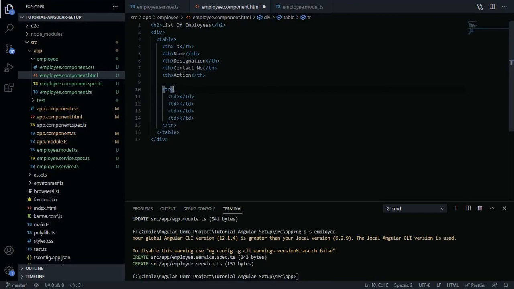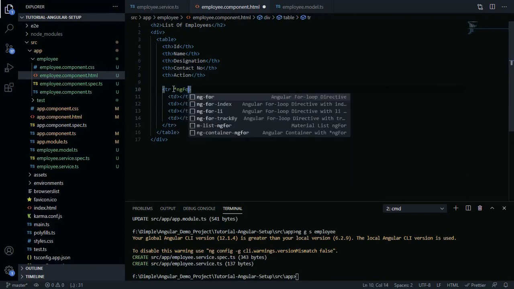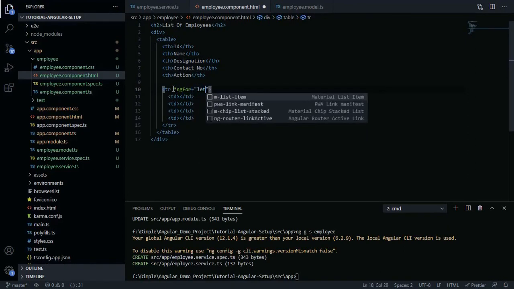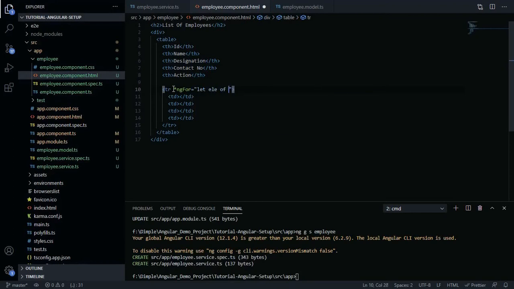So here we'll do a for loop, ngFor, let element of employee list.